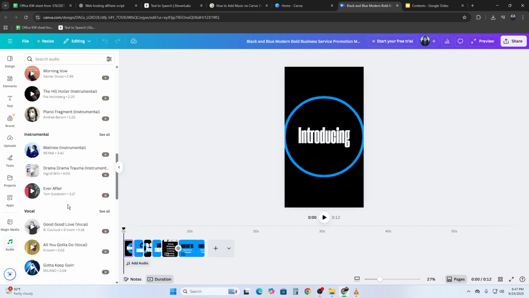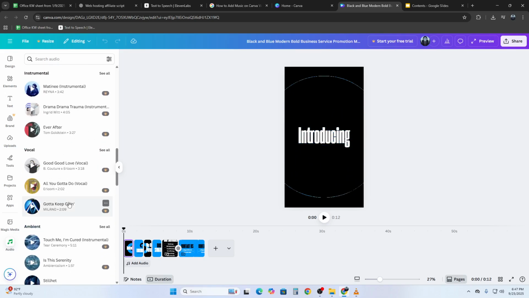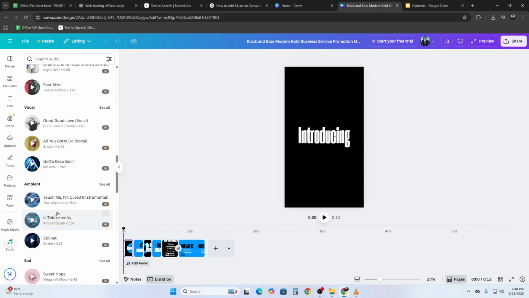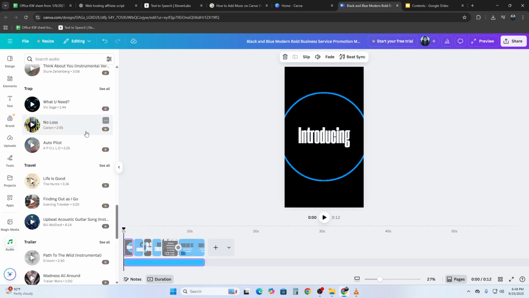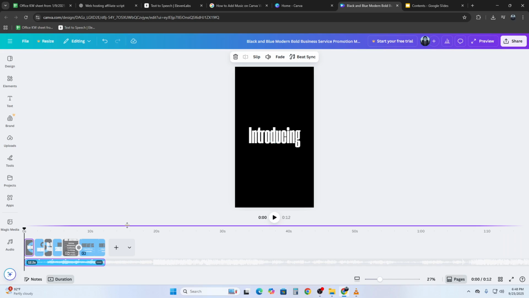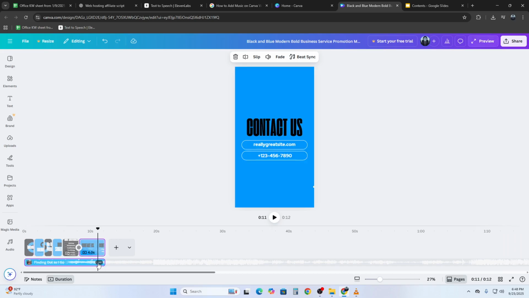Once you've found the perfect track, just drag and drop it onto your timeline at the bottom of the video editor. You can adjust where it starts, trim the track, or even layer multiple audio clips for a professional touch. And if you need, you can tweak the volume to make sure your music doesn't overpower your voiceover or main